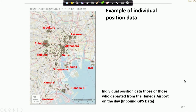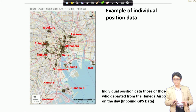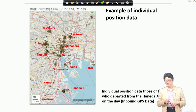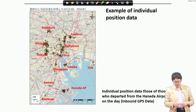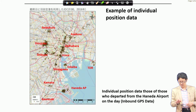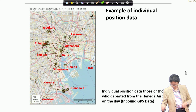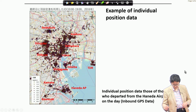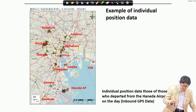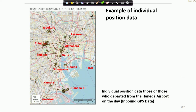Okay, and this is another example using this kind of data set to understand the travelers' behaviors. Okay, this case using the GPS data. Okay. Okay, so this is an animation. Okay, so